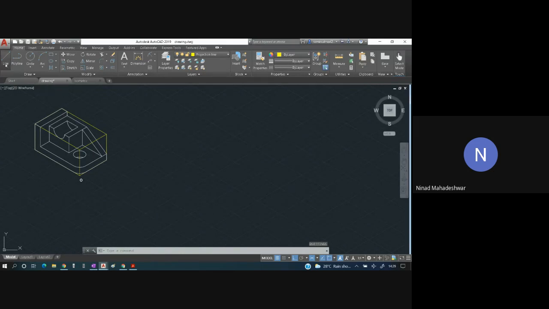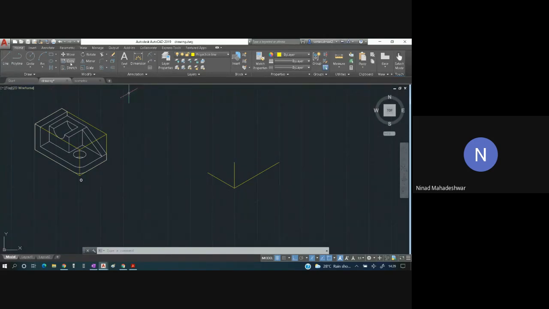Now let us start solving this. This is the point of origin. The length of this part is 100, which should go towards the right. The breadth of this part is 60, that is given to you. And the height of this part is given as 50. Press F5. This is 50. Okay, this is done. Then we have to copy this all along.